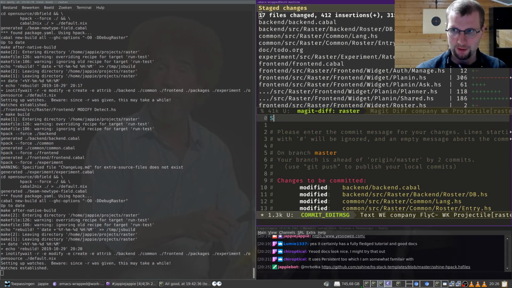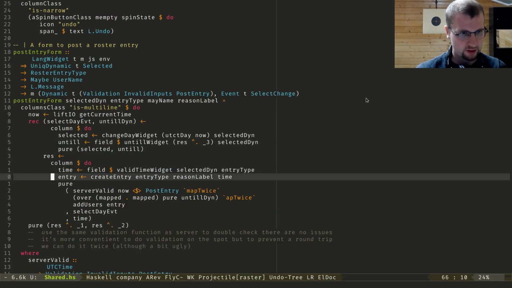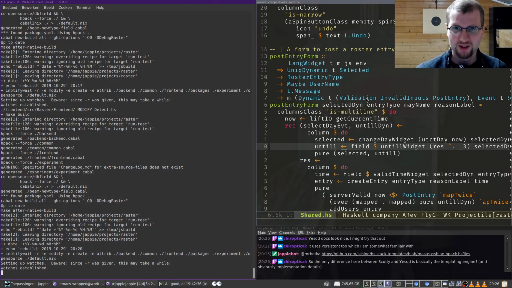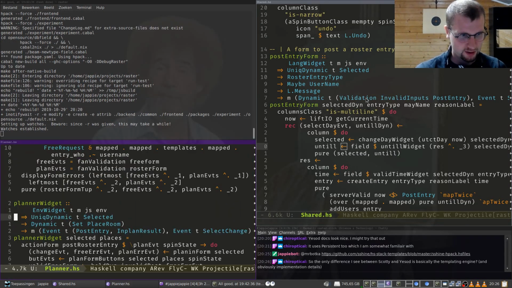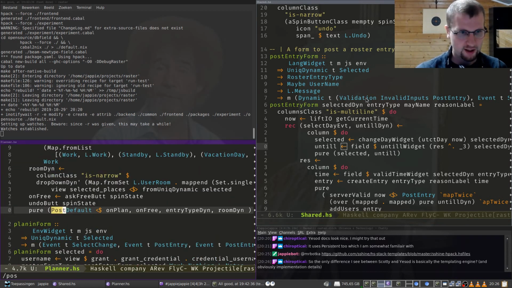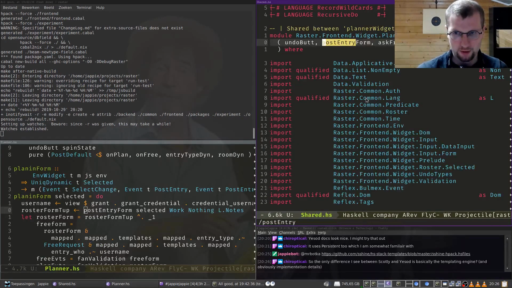What we do, we split up the plainin module. Still have this massive thing, the post entry form, and then here we need. So it's kind of weird because the planner is like code exclusive for planners. And then they both use the post entry form, like the plainin and the planner, which figures out what to display. I guess like